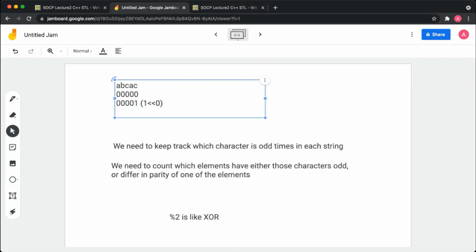After that we go to b. Now b is actually 1, so we XOR with 1 1, and after that we get c.